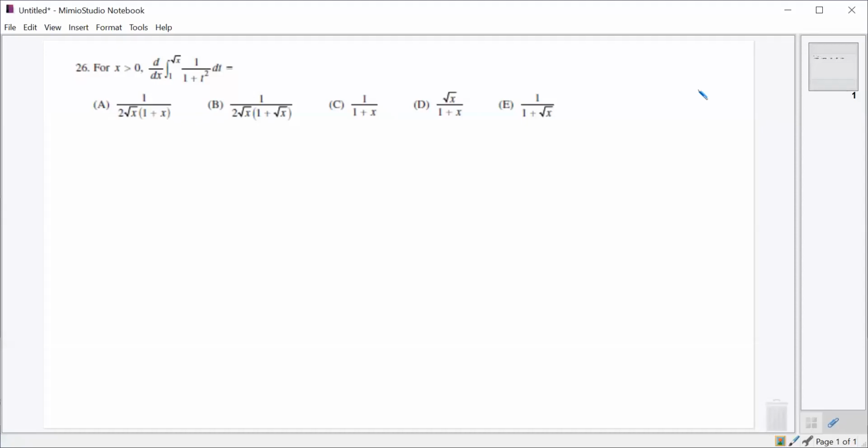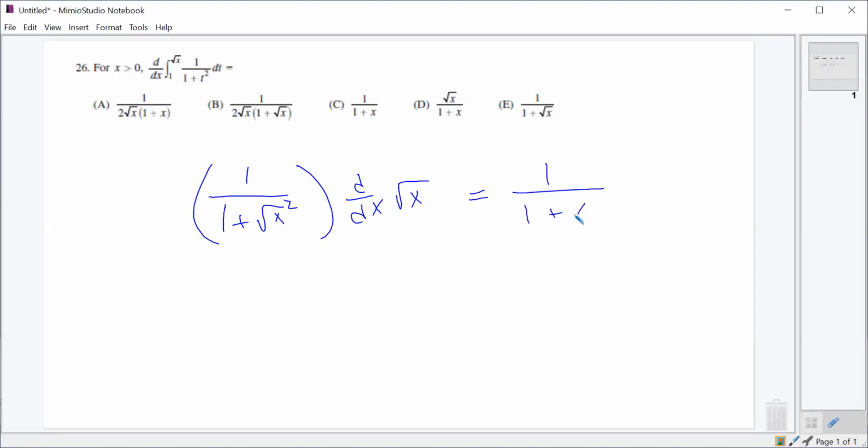So this is 2014, number 26. We're looking for the derivative of the integral from a constant to a function of 1 over 1 plus t squared dt. In order to take the derivative of the integral, this is just the first part of the fundamental theorem of calculus. We can replace the t with root x, but then we have to multiply by the derivative of root x. So we end up with 1 over 1 plus x times 1 over 2 root x,